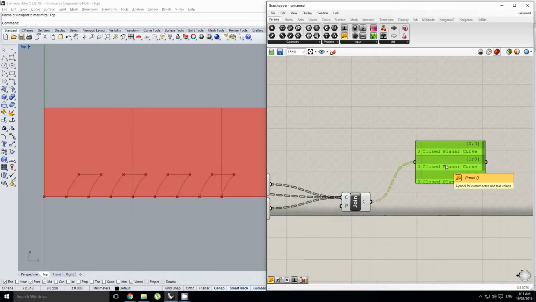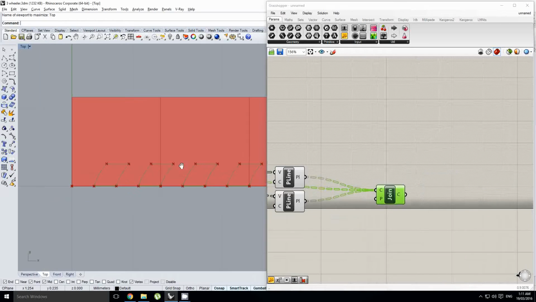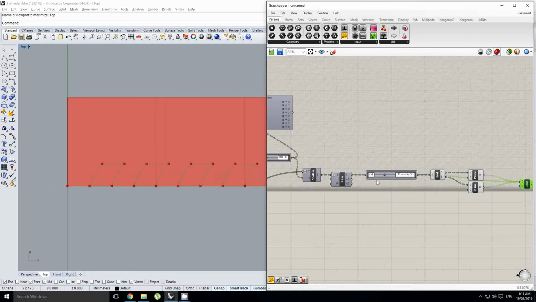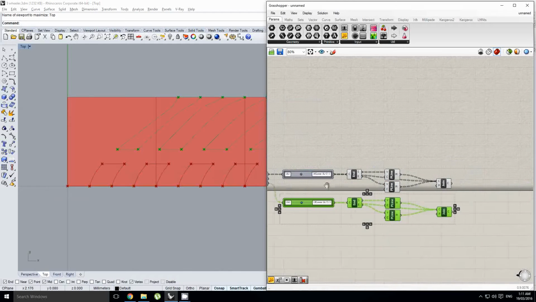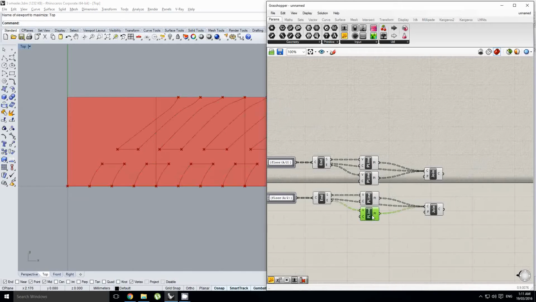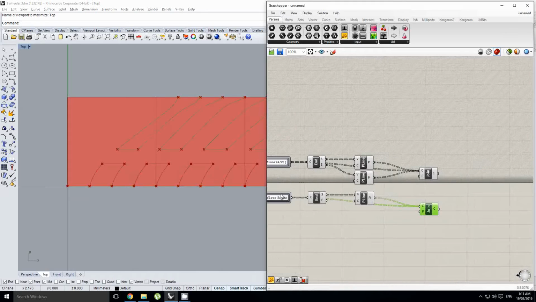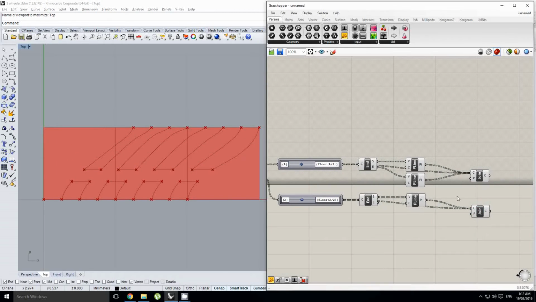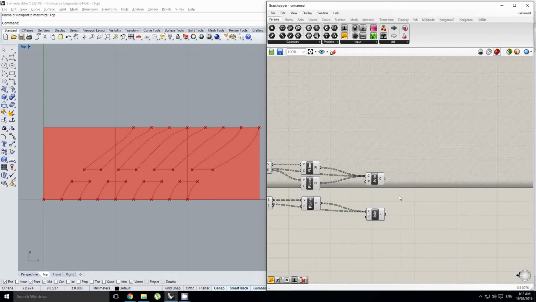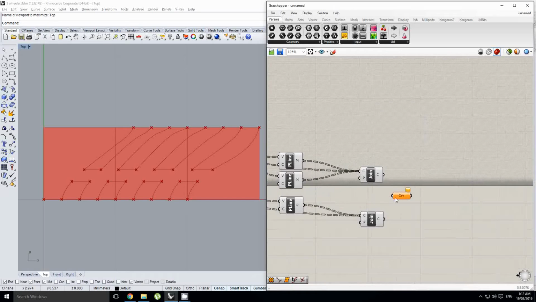Yep, there we go. And then we're going to do the same thing with the other side, so I'll just make a copy of this and plug in 2, but I don't want this end curve. I want this to remain open for now. And so now I can merge these back into a list of curves. So this is my first set, this is my second set,